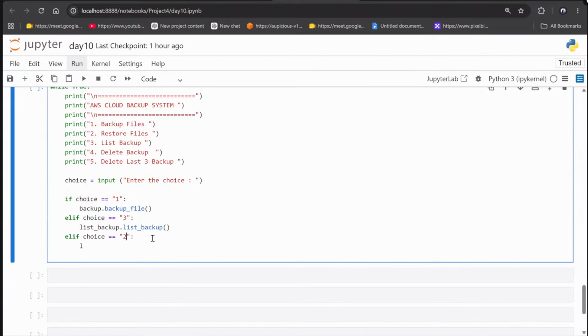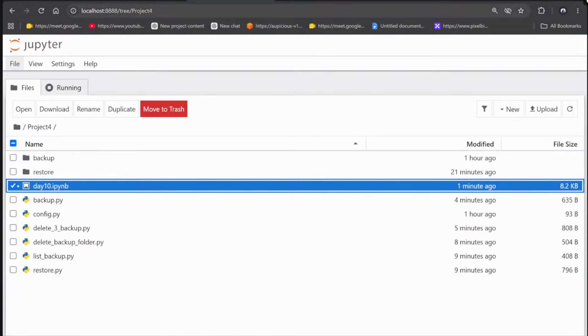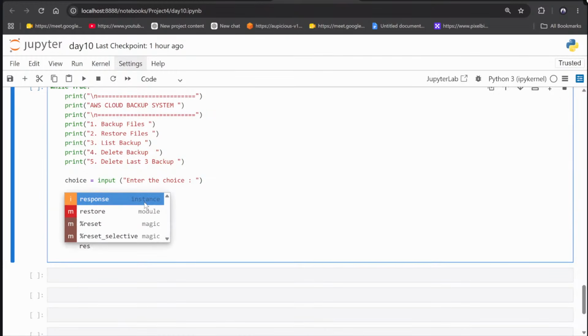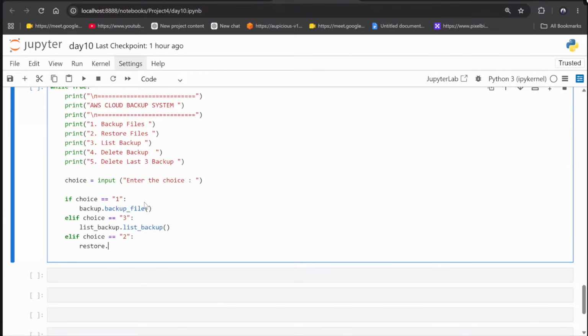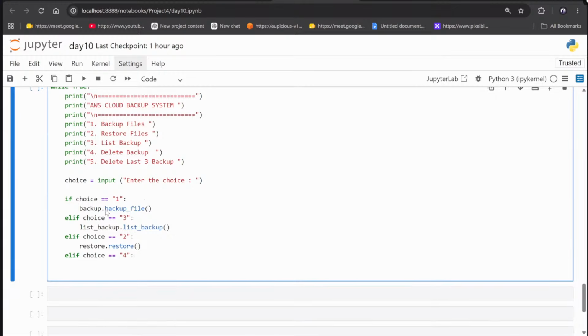So restore file, if that is chosen, what function name did we create? With the name restore. So in this case I will tell restore: inside the restore there is a function called restore, run it. That's it guys, just passing the functions, nothing big deal. If the choice is equal to 4, even though you can write the sequence up and down also, nothing big deal. 1 3 2 4, whatever you want, you can pass it here. So wherever the condition matches, it will go and do it.